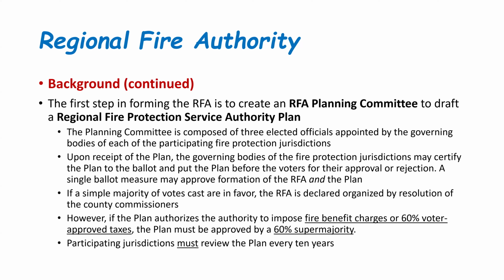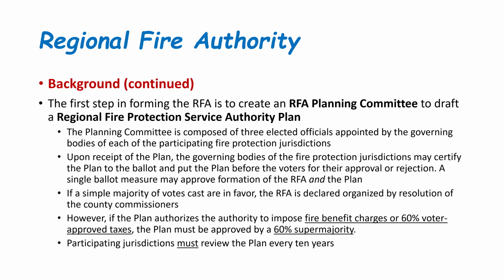The planning committee would be 3 elected officials appointed by the governing body. So 3 of you would go with 3 of Olympia, 3 of Lacey or something, if we wanted to do that. So that's the planning committee. And then once the plan is complete, and we'll talk more about the plan, of course, those governing bodies of those jurisdictions that have representatives on the plan must certify the plan